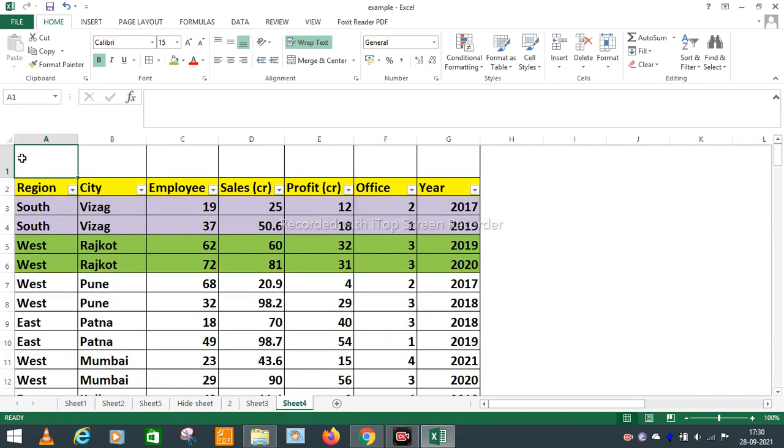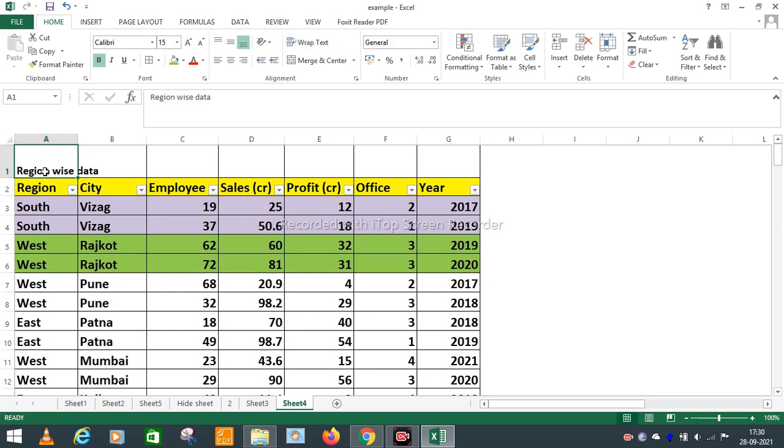Now moving on to another example. You are familiar with this table because I have used this table in several videos, and I want to have a heading for this table in this cell, whatever is present in this table I want to give a heading. So I will write Region wise data. Now you can see it is already wrapped. First I will unwrap this to make you understand.